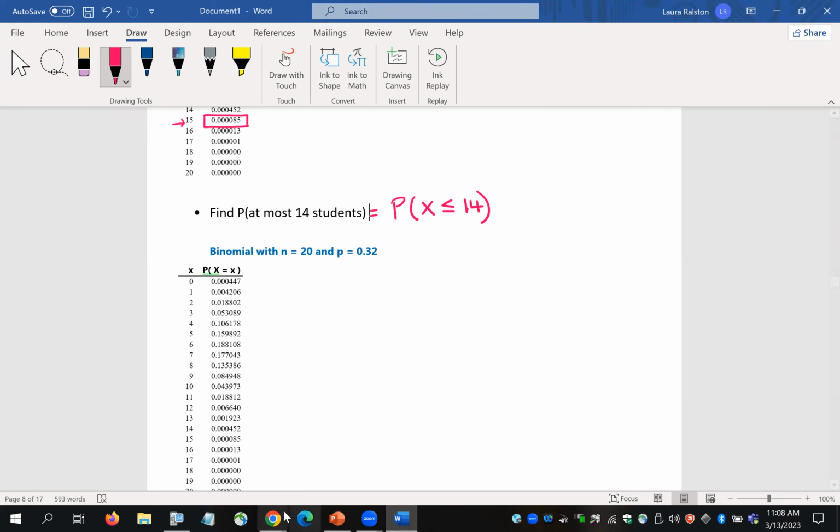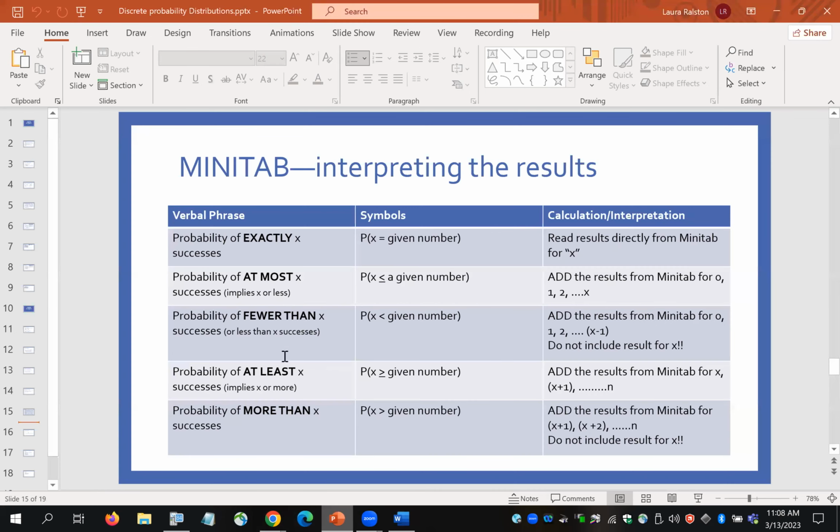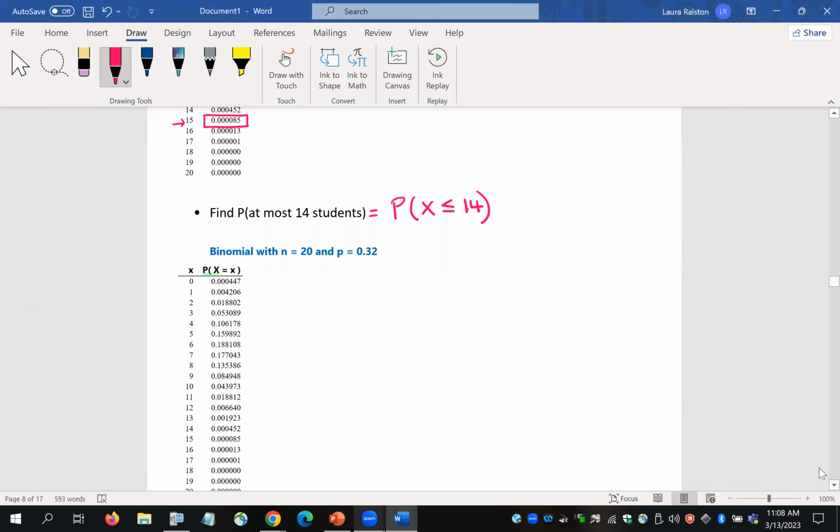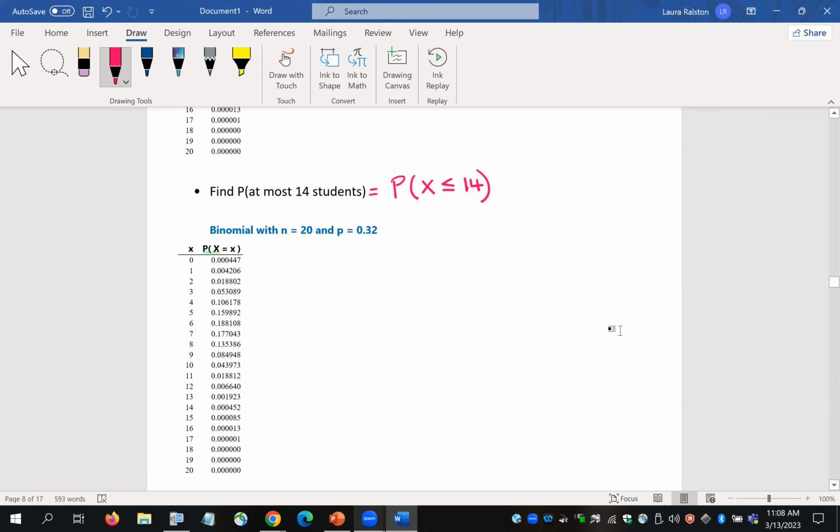So the table tells me at most, you're going to add the results from Minitab for 0 up to X. So in this scenario, that means I need to add from 0 up to 14. So I'm going to write it out, probability of 0, 1,